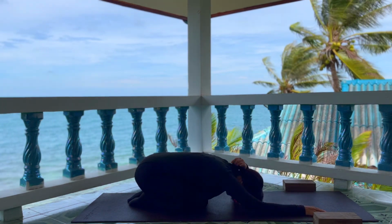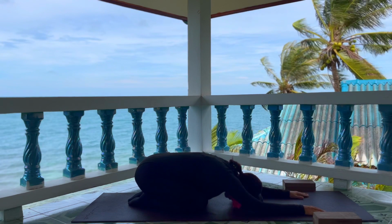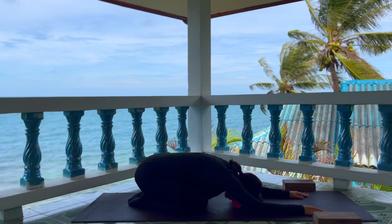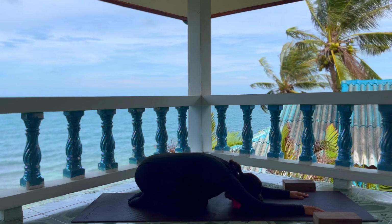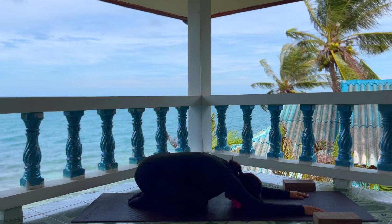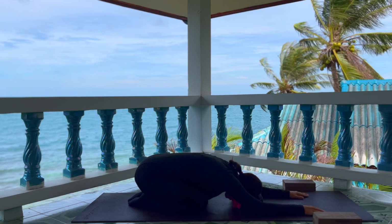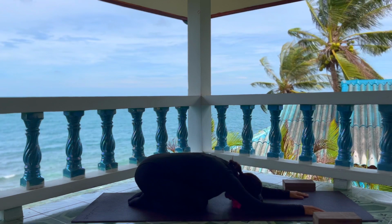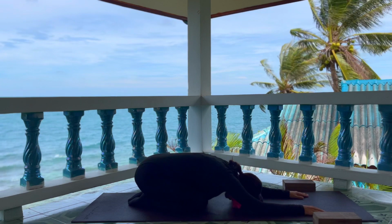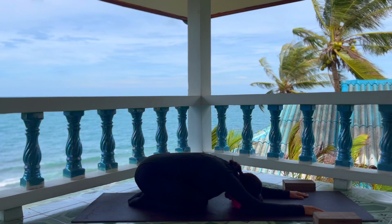You can bring the elbows to the ground, the forehead is to the ground. You can widen the knees a little bit more if that feels sweet for you. And just breathe and observe. Observe the energy that is moving through your system at this point. Observing the texture of your thoughts if you feel a bit more present and in the moment. The heat that's flowing through you, the energy that's flowing through you,